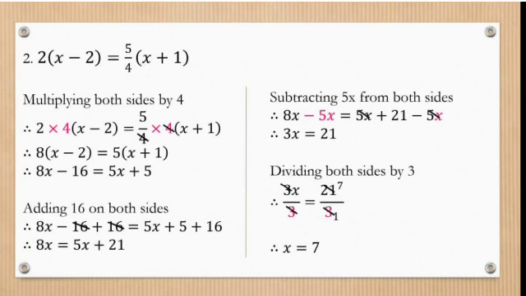Now to find out the value of x, it is 3x, a multiplication, so that will get converted into divide. So you are going to divide what on both sides? 3. Correct. So dividing both sides by 3. 3x divided by 3 is equal to 21 divided by 3. 3 gets cancelled. So the value of x is what? x is equal to 7.